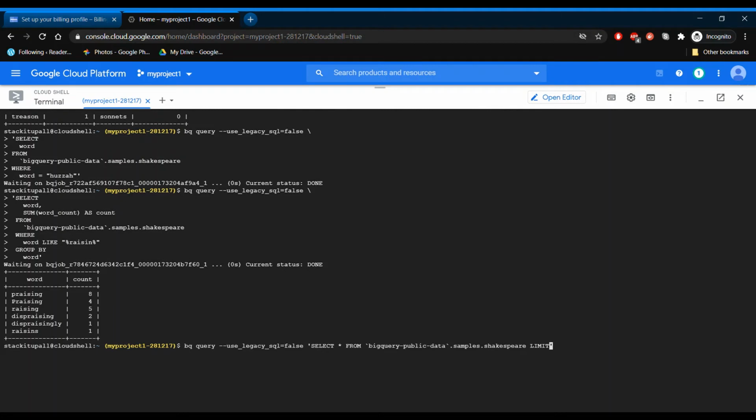How many records do we have in this table? We'll use the count function. Okay, so we have 164,000 records in this table.